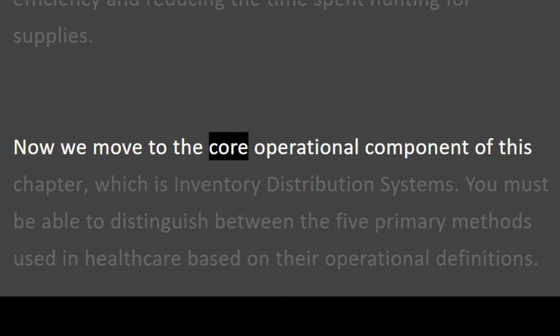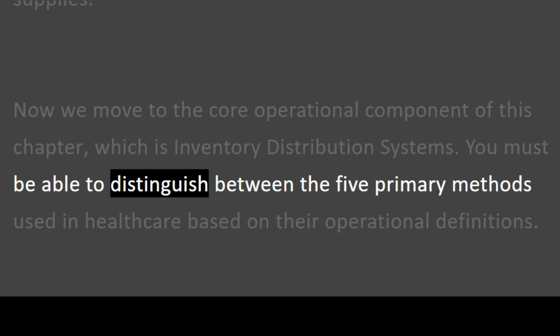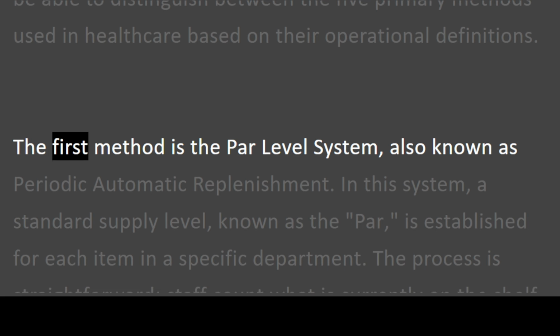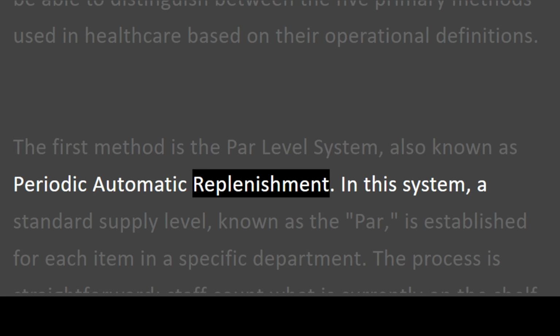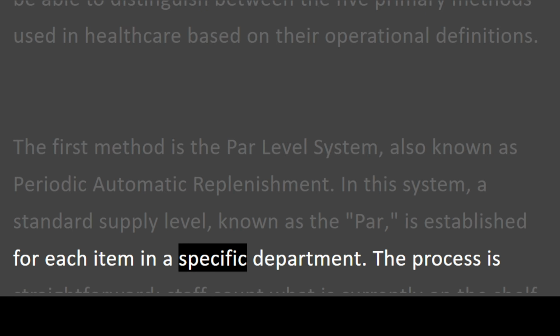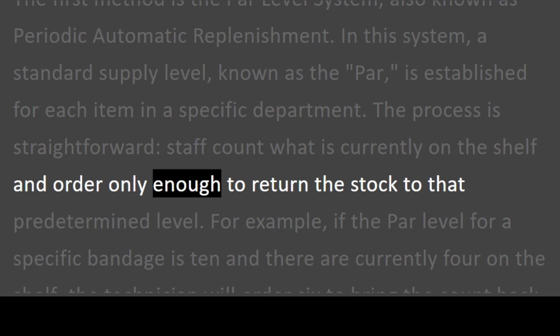Now we move to the core operational component of this chapter, which is inventory distribution systems. You must be able to distinguish between the 5 primary methods used in healthcare based on their operational definitions. The first method is the par level system, also known as periodic automatic replenishment. In this system, a standard supply level, known as the par, is established for each item in a specific department. The process is straightforward. Staff count what is currently on the shelf and order only enough to return the stock